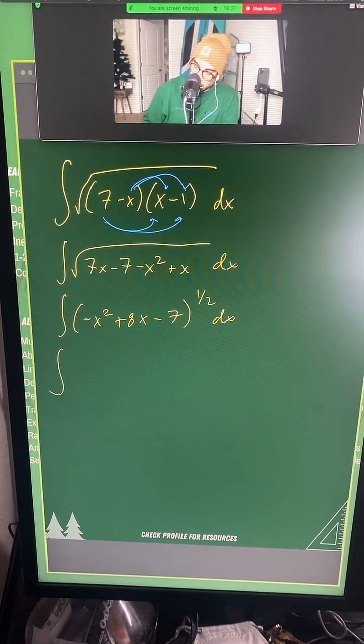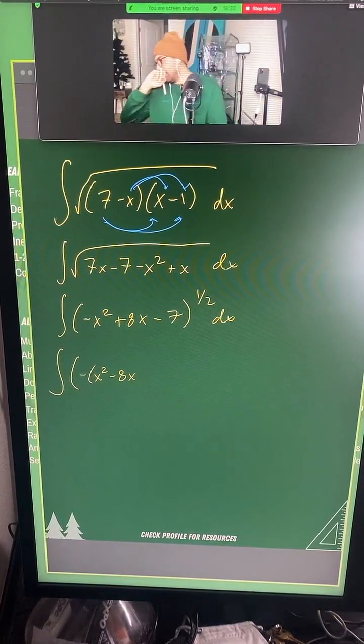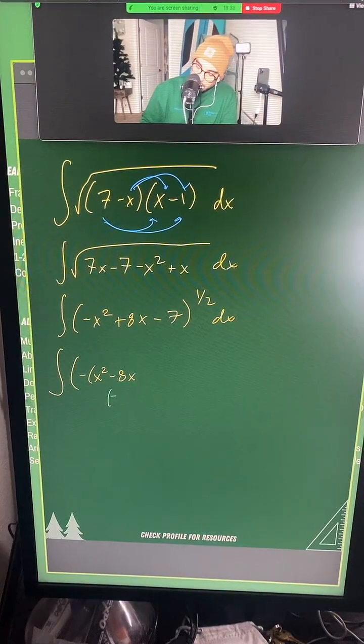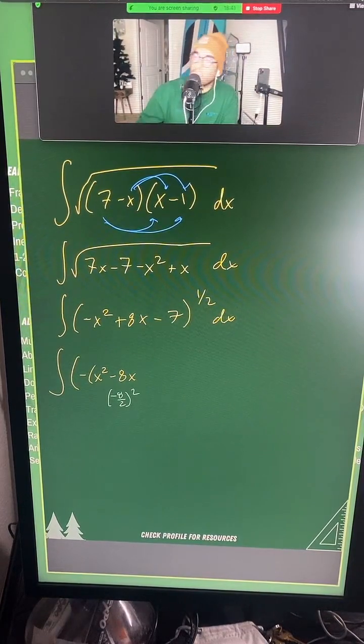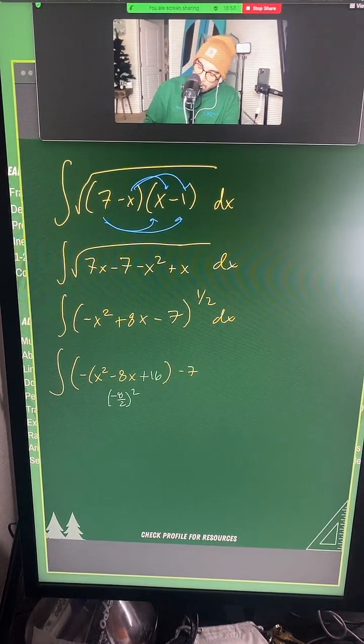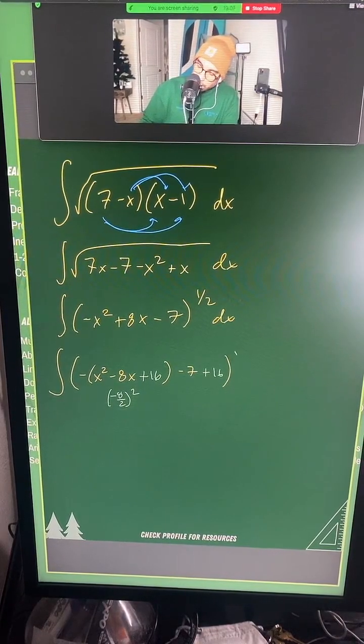Okay, so the first thing that I'm going to do is I'm going to factor out a negative from this x squared. And I have an 8x. And now I'm going to go ahead and complete the square. How do we do that? Don't forget, we take that negative 8 divided by 2 and then square it. And that's going to be positive 16. So we have plus 16 inside the parentheses, and then minus 7, and then all to the power of, whoops, not yet, because I introduced a positive 16. Don't forget that I technically introduced a negative 16, so I need to put a plus 16 on the outside here. Okay, so now this whole thing is to the power of 1/2.